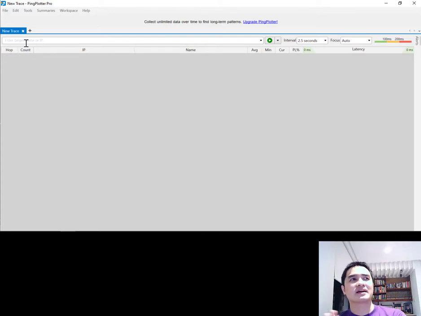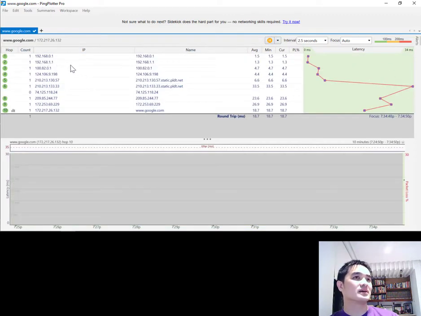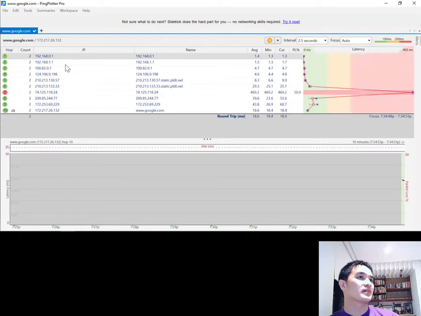Here would be the most common problem of dropped packets, say one overloaded device on the network. So for a tool like that, we'd use PingPlotter.pro or just PingPlotter. I'll type a website that I'd want to monitor traffic to, and then I'd press play. And then what's going to come out is the different hops on the network to get there. So here, to get to google.com, I'm going from the